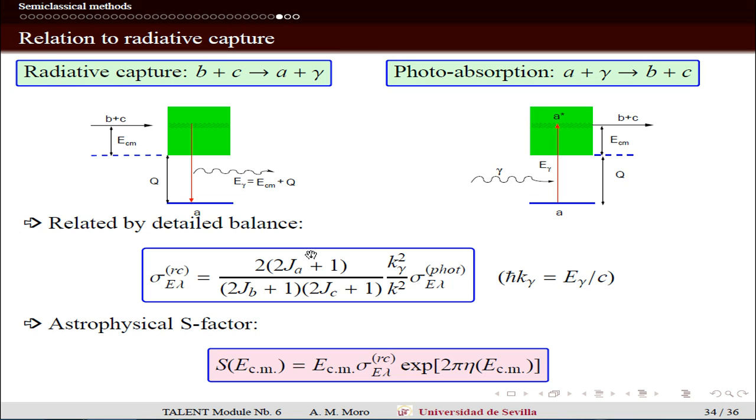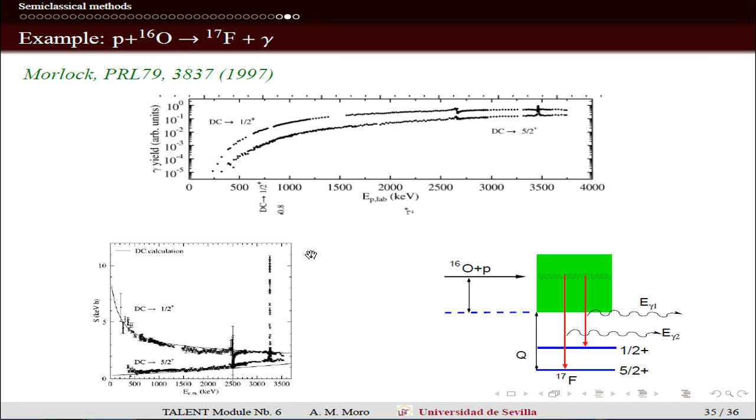So now we will use the connection between these two processes to show a possible method of inferring the radiative capture cross section from the photoabsorption cross section. Before that, let me show an example of a direct measurement of radiative capture. In this case, this is for a proton hitting oxygen-16, producing fluorine-17 by means of this capture process. So the proton and oxygen-16 with some kinetic energy merge and then eventually decay. The fluorine-17 has